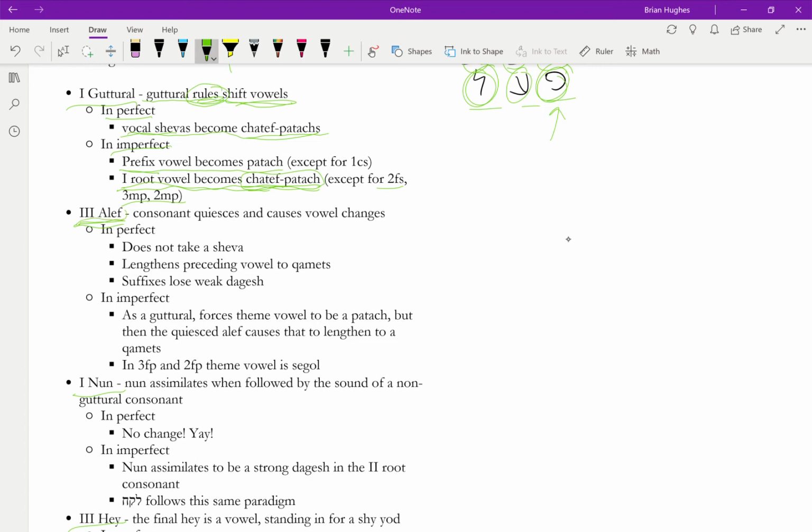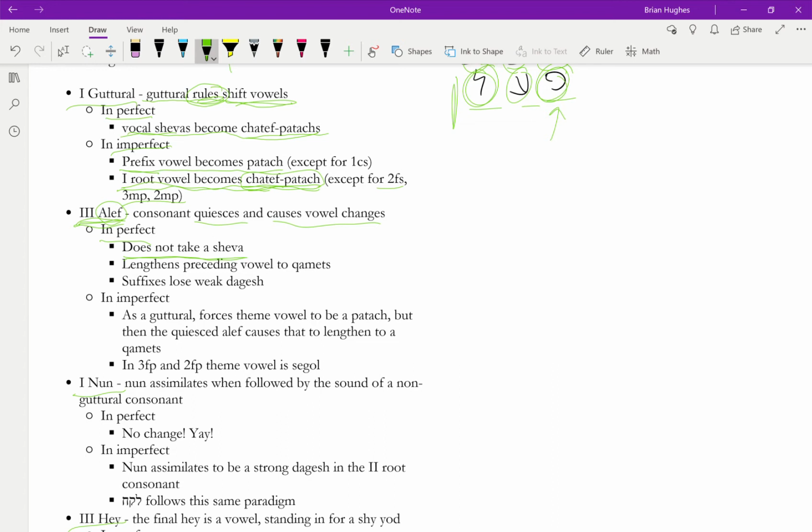Our third alefs weren't too big of a headache. The real issue was the alef in that third position quiesces and causes some vowel changes. So in the perfect, that third alef is not going to take a shva. For example, at the end of the root here in the second masculine and second feminine singular, you get